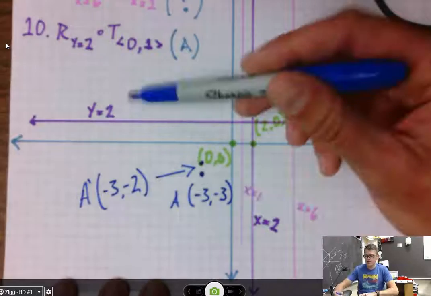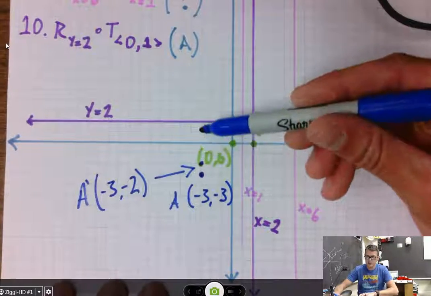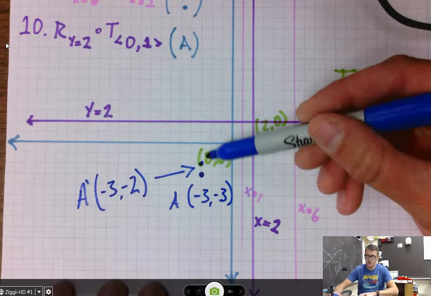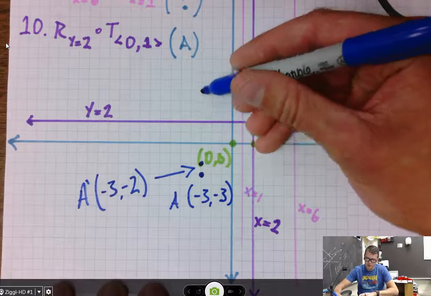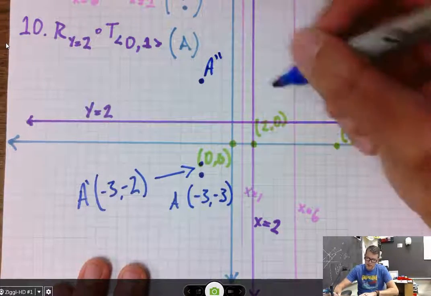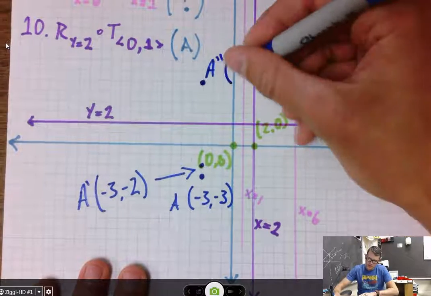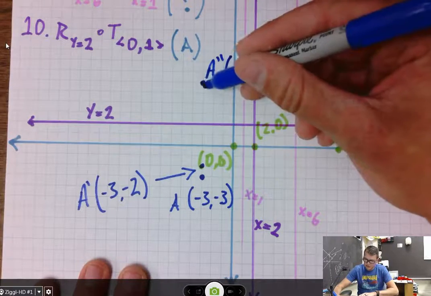Now we have to do that reflection across the line y equals 2. And again, to reflect, we count how far it is to get to that line. Well, it's a distance of 4 from that prime point. So I'm going to go a distance of 4 up. So 1, 2, 3, 4. This is going to get me my A double prime. And that point is actually now at -3, positive